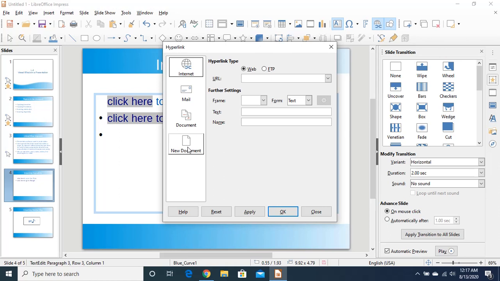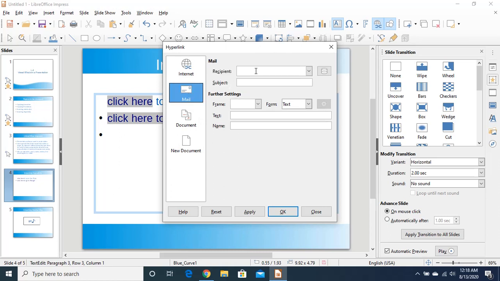This is used to create a hyperlink to an email address or news. Means we can enter the details in recipient and subject option. I can show you this one. This is recipient, and we can write subject here, and we can link to some mails.